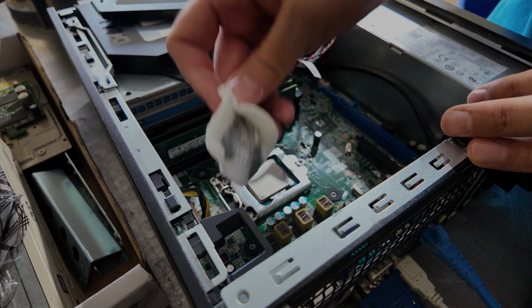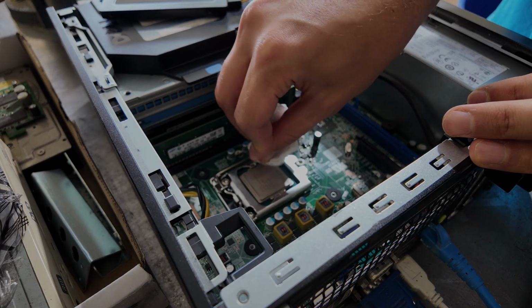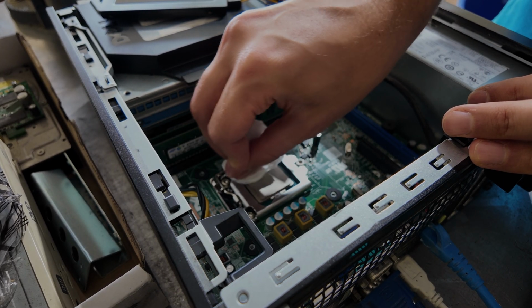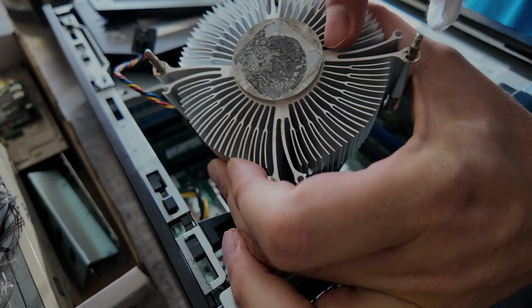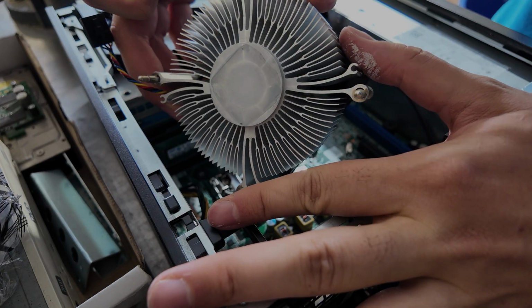But in my experience, depending on the refurbisher, it is very, very rare to see a refurbisher reapply the thermal paste. You can clearly see on the heatsink, old and newer, nice and